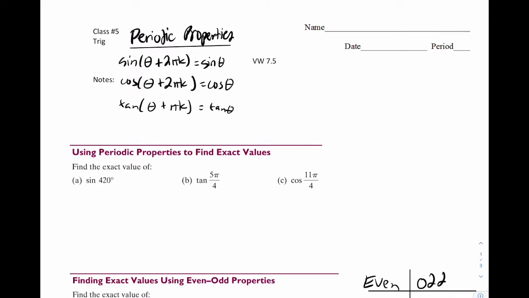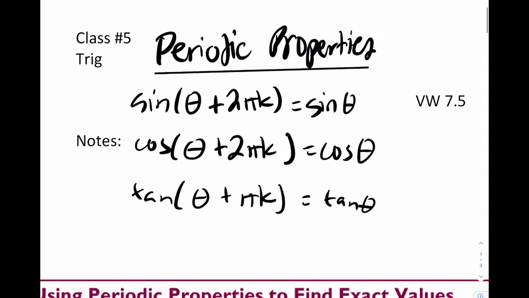Today we're going to start by talking about periodic properties of trig functions. So first, just write this down in your notes here. It says sine of theta plus 2 pi k is sine theta. So a bunch of you might be wondering, what is this k here? Hopefully you talked about that a little bit in Algebra 2. This k refers to any integer,